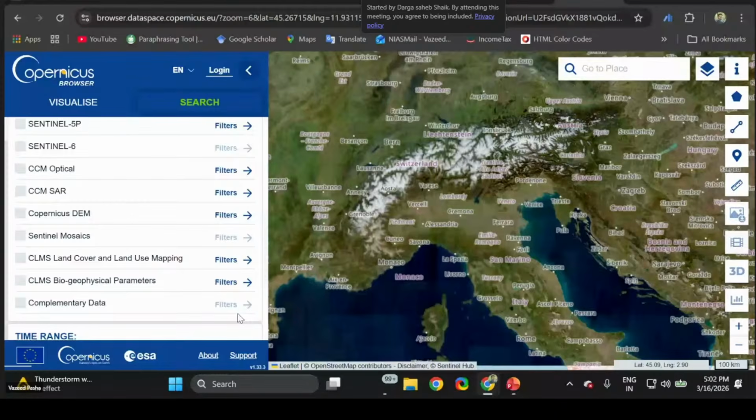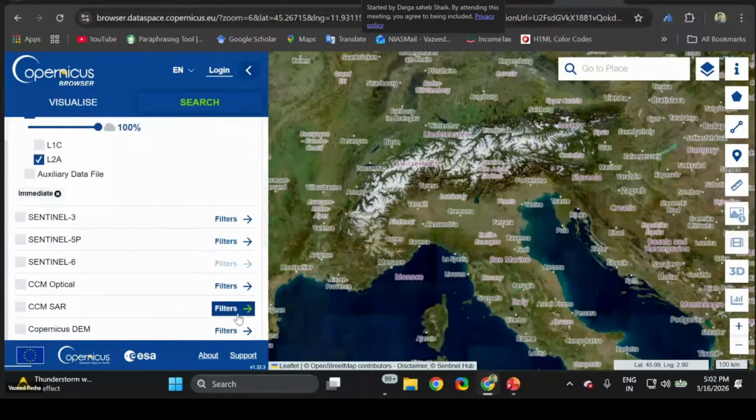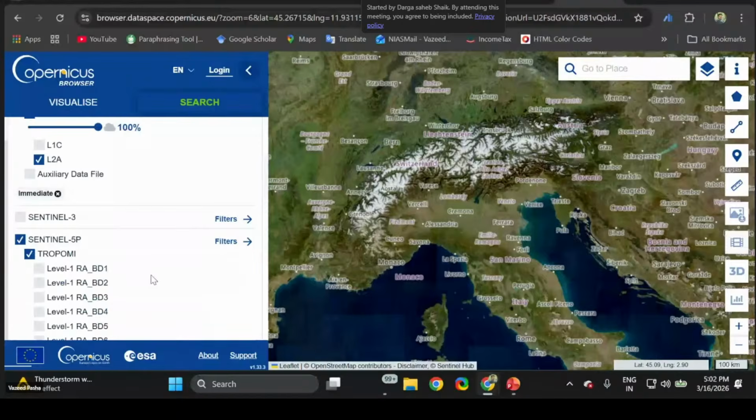You can see the digital elevation model, and also you can see SAR data. You can also see the atmospheric Sentinel-5P, where you can see different types of pollution. That data is also available for analysis and download.